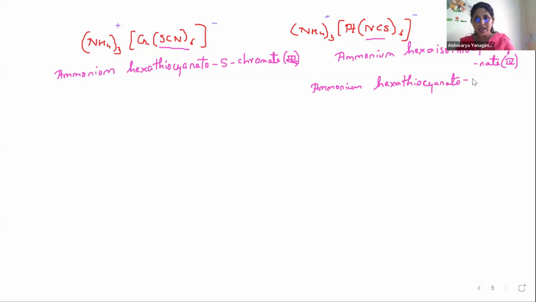Thiocyaneto, I'll write it as N, because the site of point of attachment is N. Then I'll write platinate 4. Yes. So this is how, if the point of attachment in case of unidentate ligands,